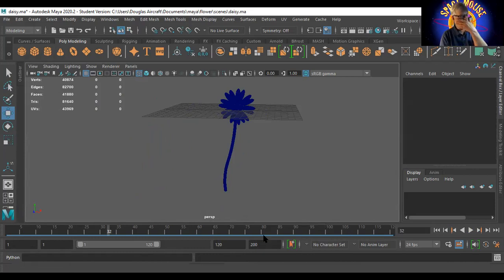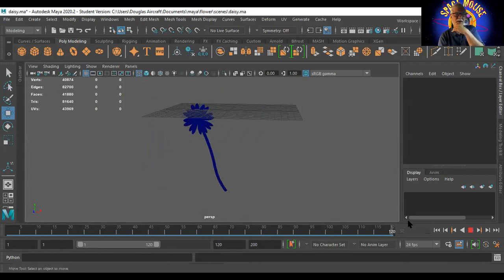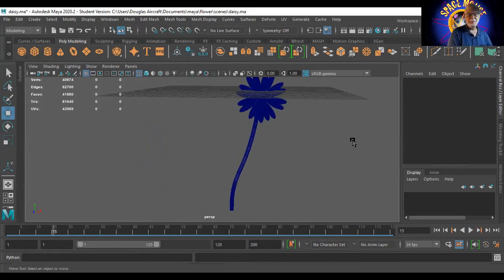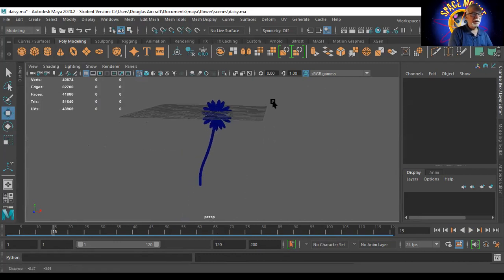Sometimes you can copy and paste the keyframes. I'm going to have to figure that one out. But we've got this one dancing. Now, one thing we did not do is I'm going to go in here